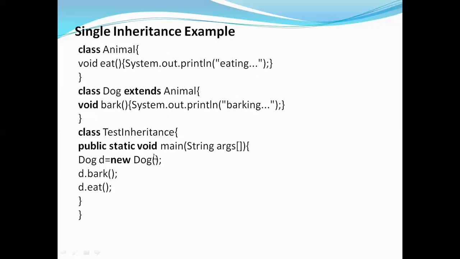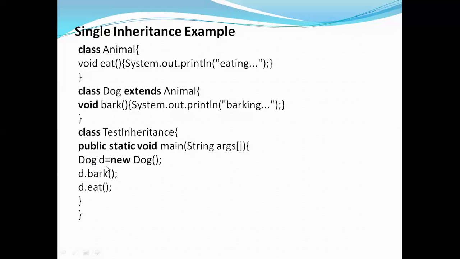Now let's see how we are calling this. I took another class called TestInheritance. Inside that I am writing the main method. Here I am creating the object for my child class, that is the Dog class. So how do you create the object? Dog d is equal to new Dog. Here the object is small d.